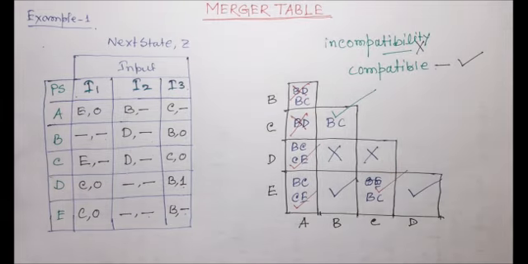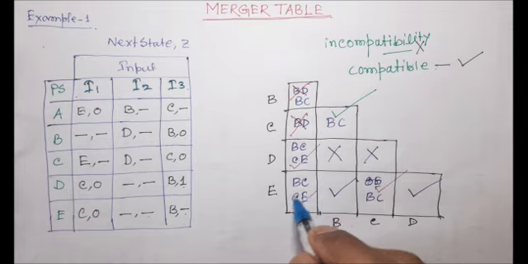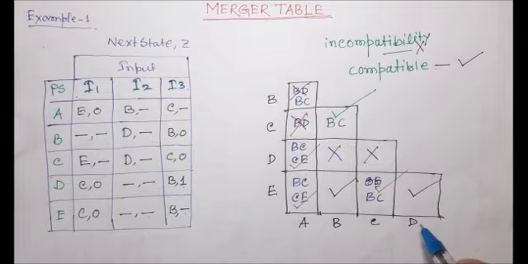So let me check once again. What is the compatibility? You can start from the right column, or you can start from the left column. Whatever you are going to write, for example, in this example I am going to write AE first, or you can write AD first, no problem. So you can write AE.